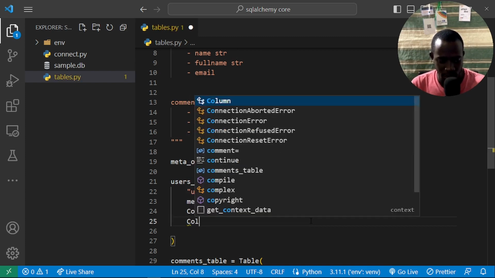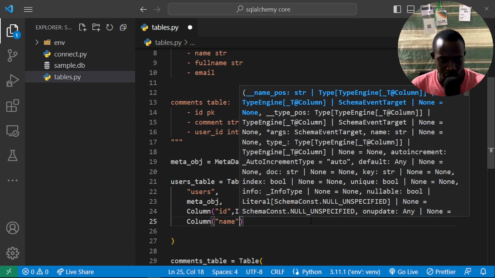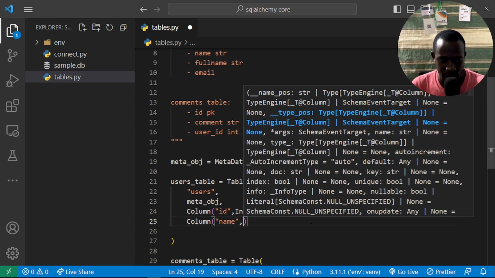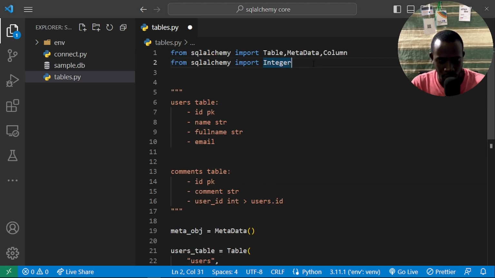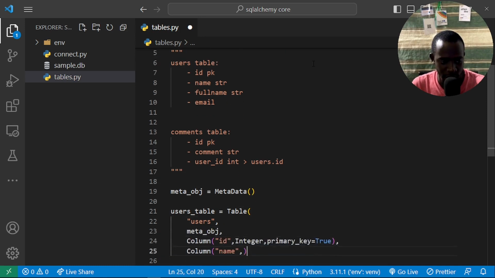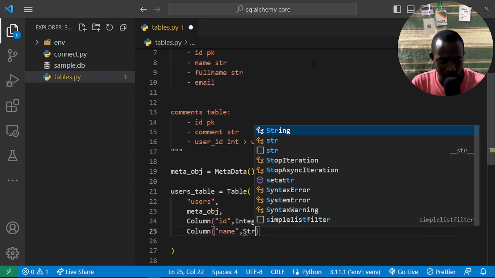So let's add the one for our name. So we shall say that we're going to have a column which is going to be our name, and this name is going to be a string. So what we shall do is to also import the string type. So we shall say from SQLAlchemy import String,